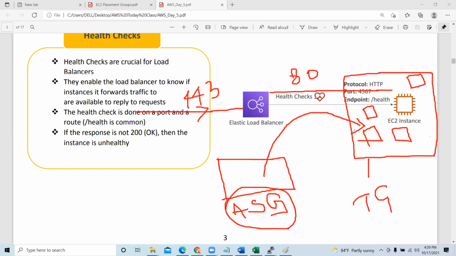But this auto scaling group is going to make some instances, and it doesn't know how to run instances. What we can do is